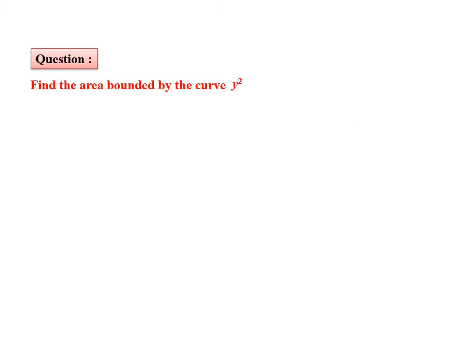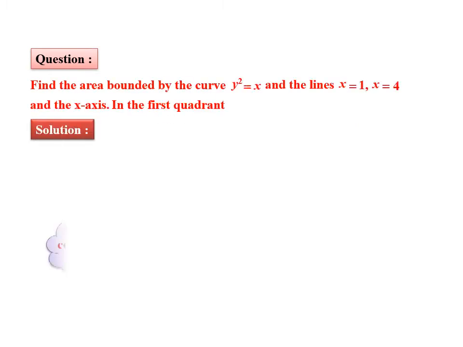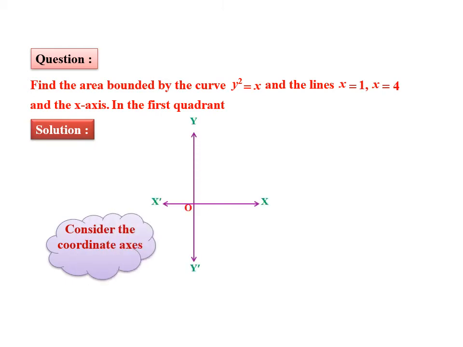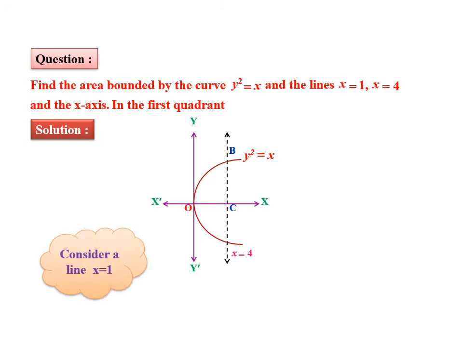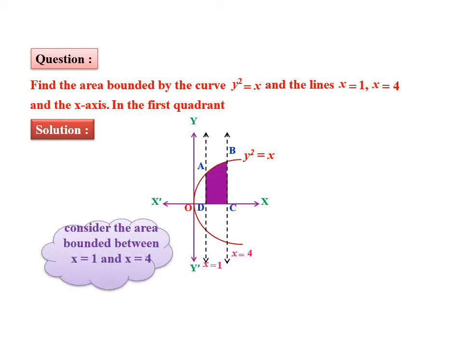Next example, find the area bounded by the curve y square is equal to x and the lines x is equal to 1 and x is equal to 4 in the first quadrant. Y square is equal to x is the equation of a parabola opening towards the right, that is in the positive direction of the x-axis. So we need to calculate the area bounded by the curve y square is equal to x and the lines x is equal to 1, x is equal to 4